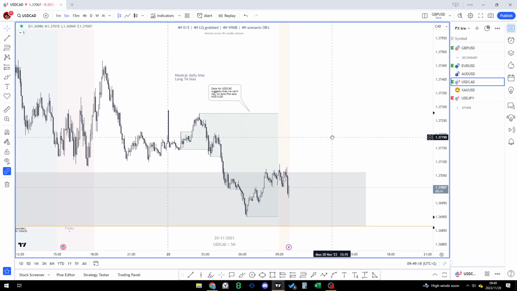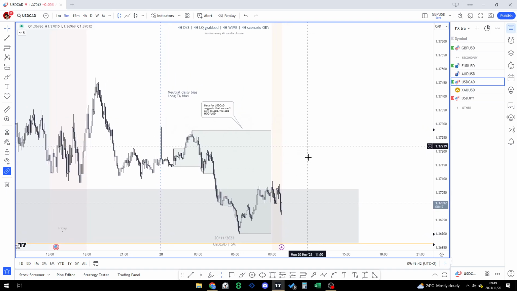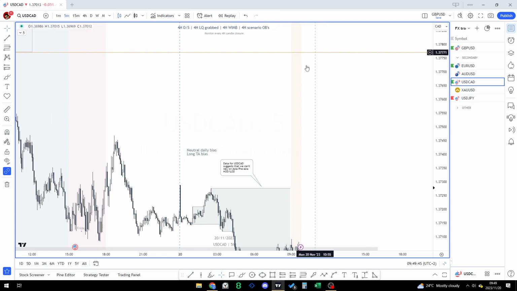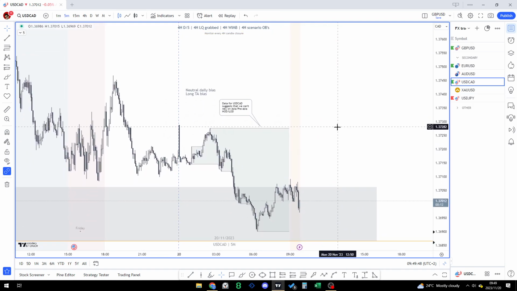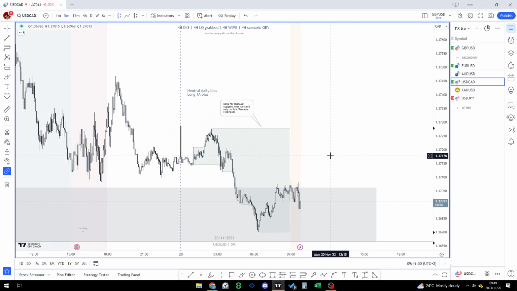Based on my data analysis for the past couple of years, USDCAD tends to take out both sides of the Asia range and not respect any of it. So based on this, my London session trading will not commence until we take out the Asia low of the day. If it's not taken out, then I'd wait for New York Open and play New York Open continuations, targeting at least this area. But that would be in the case of the Asia range low of the day being maintained.